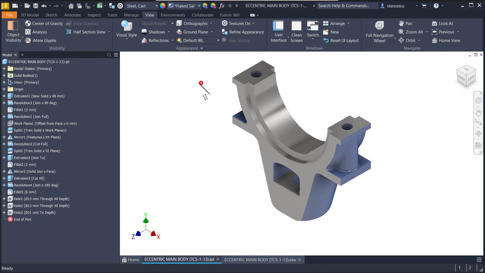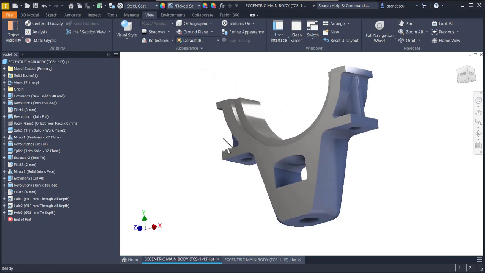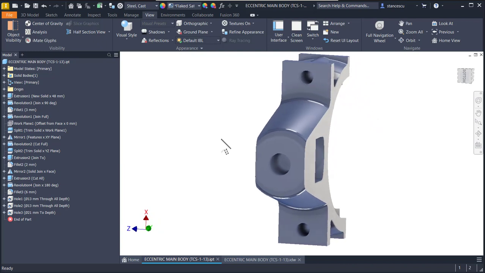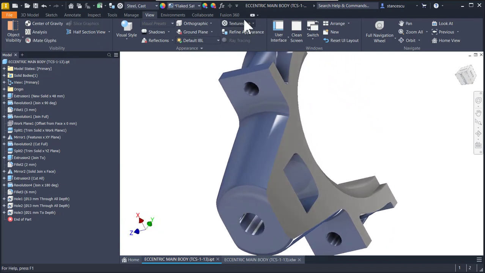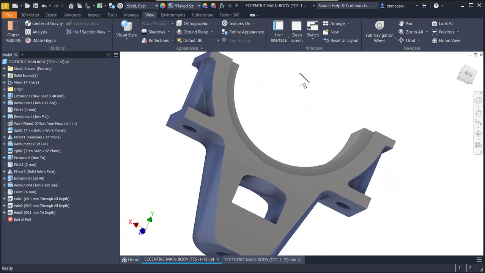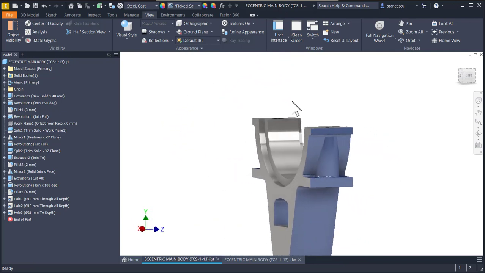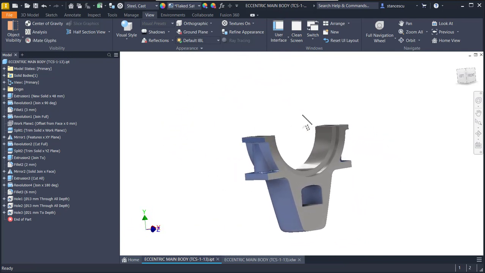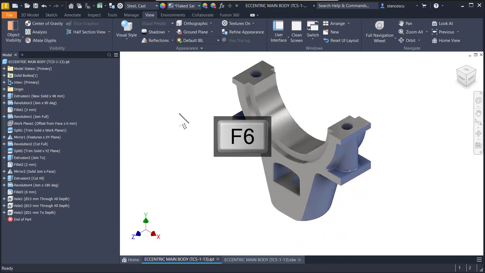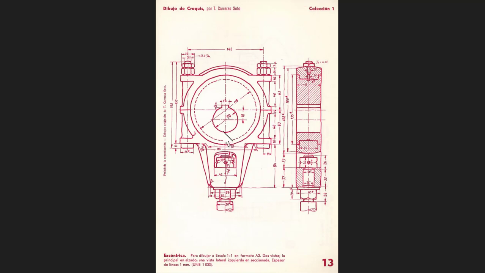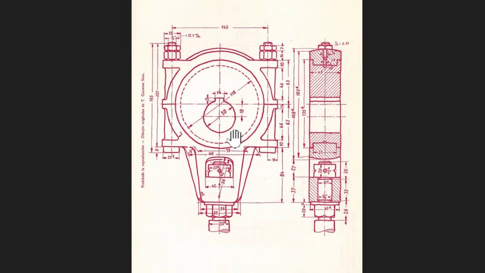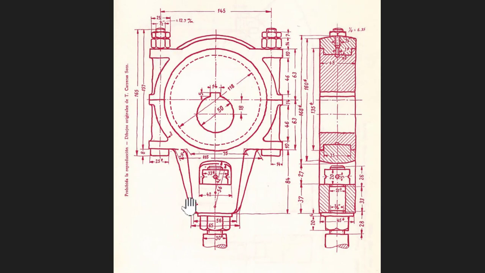Hi my friends, today we model this part which has the name eccentric main body, and it has some interesting features. The source is from Timoteo Carrera Soto. This is the assembly of that eccentric, and we model this bottom